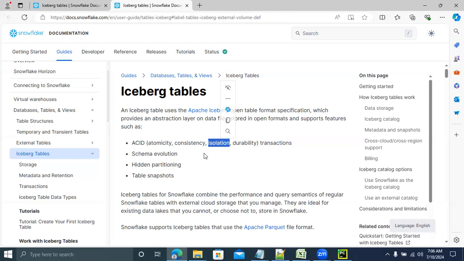Now I'll give an example for isolation. Suppose two transactions are trying to update the same account balance simultaneously. One transaction is completed, then only the other transaction will start.